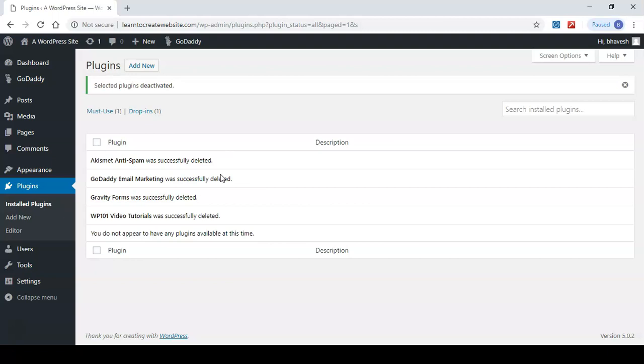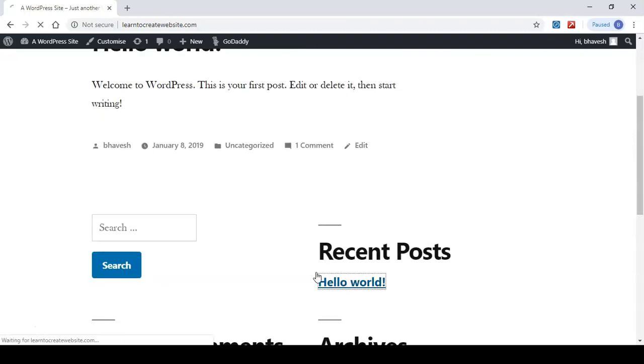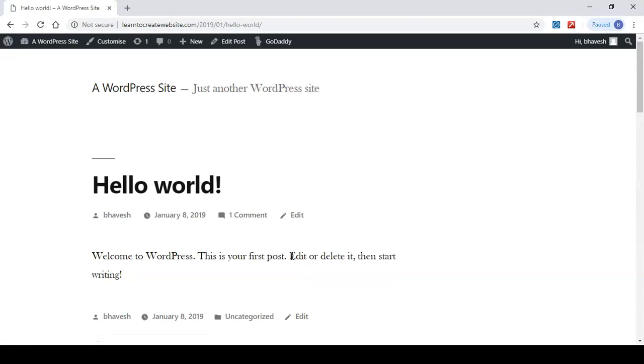The next thing we are going to do is to update our permalinks, and let me show you what that is. So if we hover up right here and click on visit site, we go back to our site and we see this bar up here, and that shows that we are logged in. So our users are not going to see that, only we can see that. But anyways, if we scroll down and click on hello world, we can see up here it's our website.com / the date and hello world. But that's not really professional.